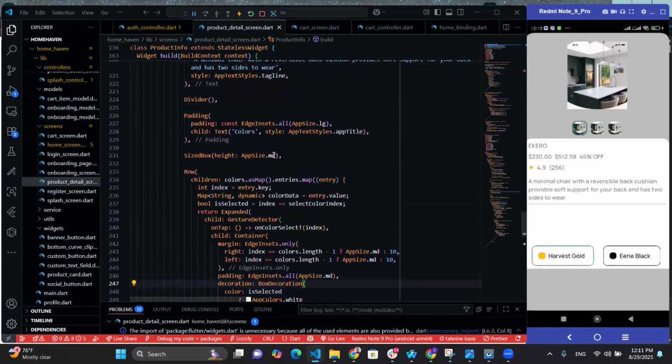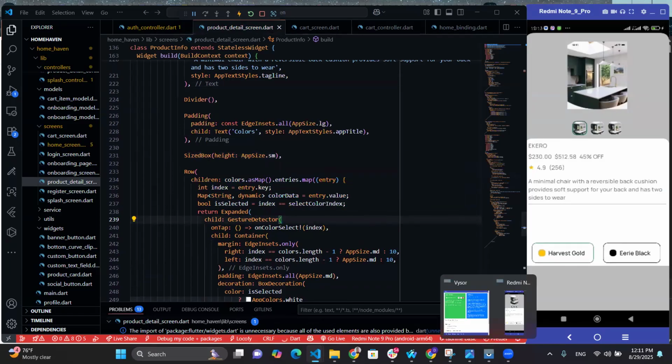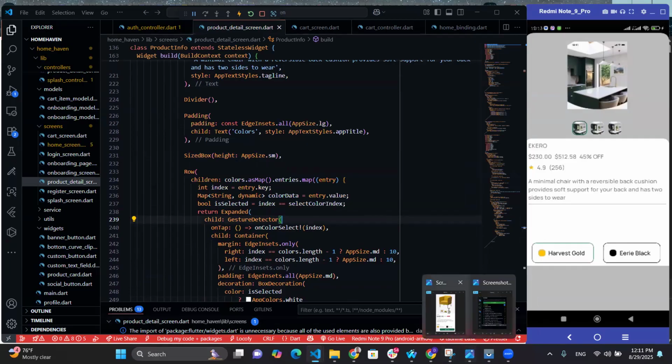I don't think this size is too much for this. So take it up. All right, so now the next thing we should be having is the bottom